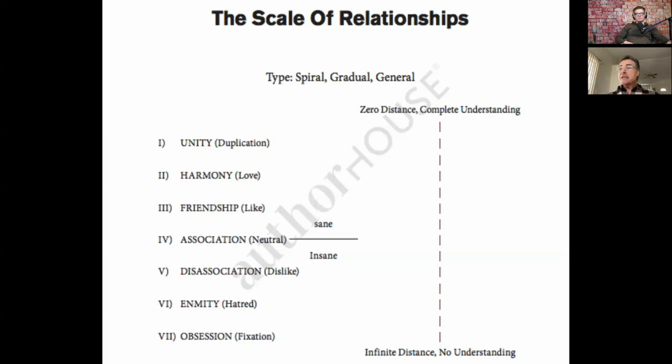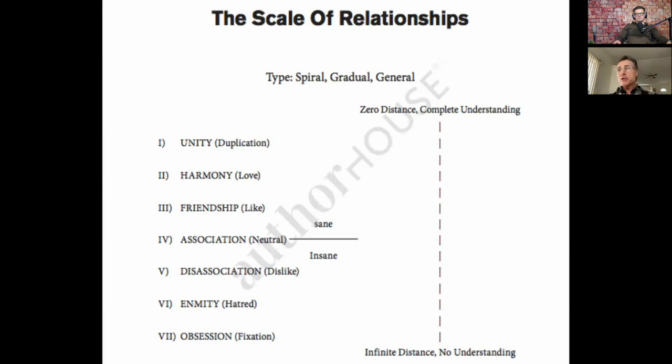So having seen how many brilliant black people there are in America, there are very few people who are actually racist against blacks. It's a very tiny minority. It's people who are at the bottom of this scale. Next, level 6. Level 6 is enmity. Most people understand this. This is the level of hatred.